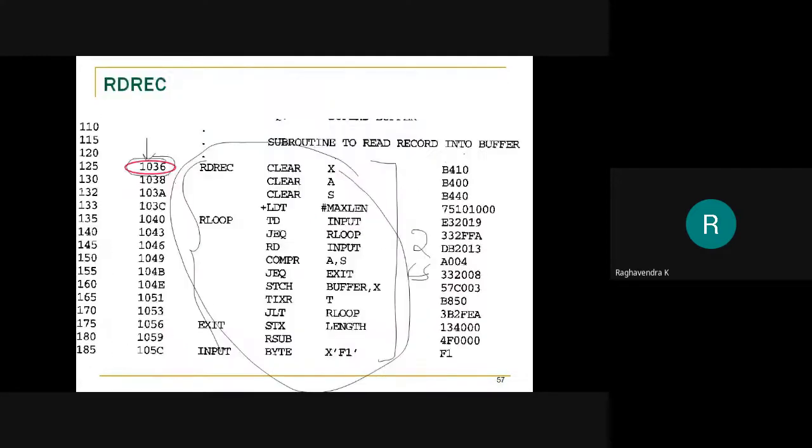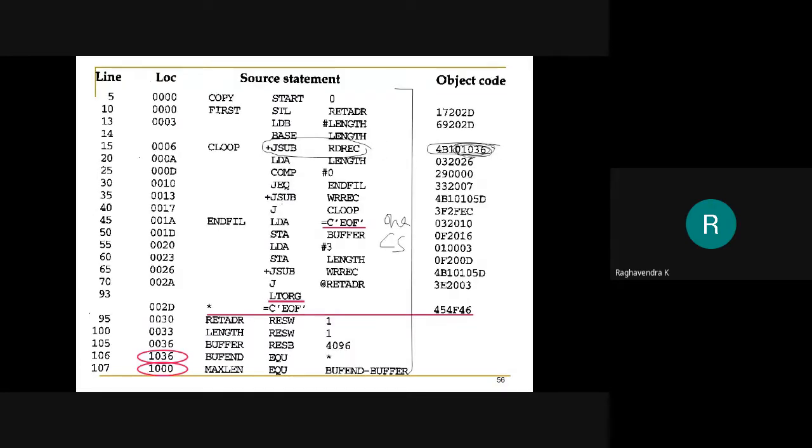But now, when this is a separate entity, it can be loaded anywhere, wherever memory becomes available. It can be loaded at 1036, at 5000, or at 7000. Wherever memory becomes available, this subroutine or control section is going to be loaded. The assembler is not going to know that, because it is at runtime. So what value is the assembler going to put here? That's the question. Are you getting it?